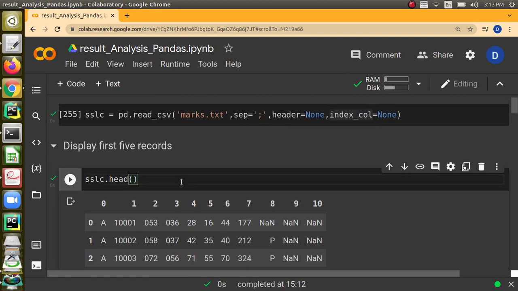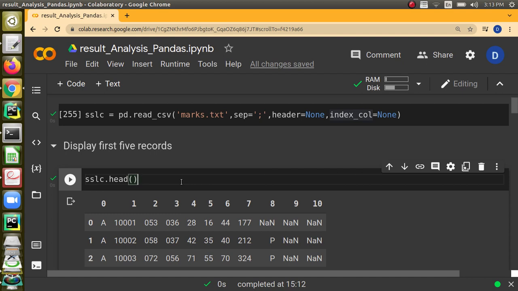A few functions display the records in the data frame. We have got the head function, we have got the tail function. From the name itself we can understand that the head function will print a few top rows of the data frame, and tail will print a few last rows of the data frame.